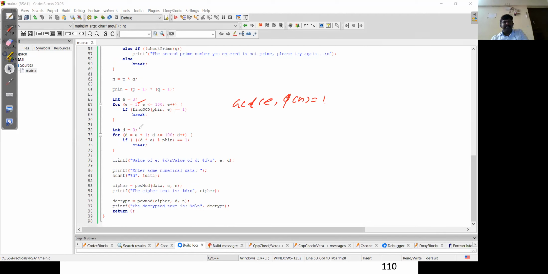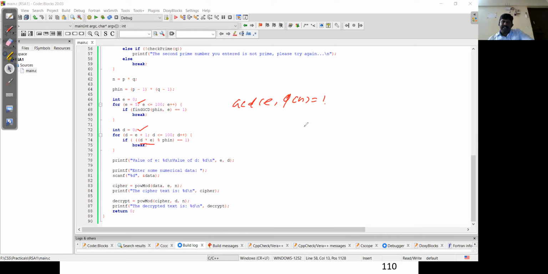Very similarly, I'm initializing my d value equal to 0 and I use the formula. So d is equal to pi of n times 1 plus, here, d star e modulus pi of n, which is supposed to give one value. They are using the opposite value here.